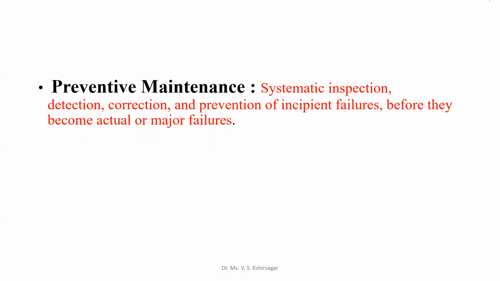It is systematic inspection. Preventive maintenance is usually scheduled maintenance. What daily maintenance is required, what weekly, monthly, yearly maintenance is required? These are the scheduled ones. If we do this systematically, there is less chance of needing corrective maintenance. If we take proper care beforehand, it will increase the life of a particular system, and to increase that life we need to go for preventive maintenance. So you are requested to note down what is meant by preventive maintenance.